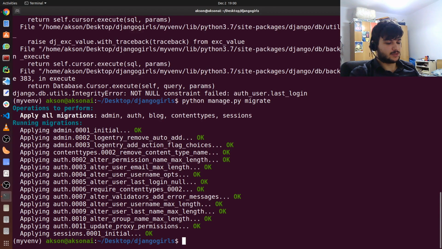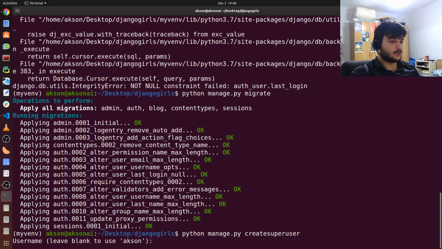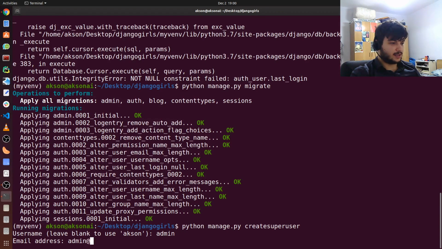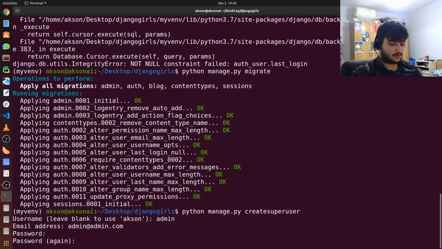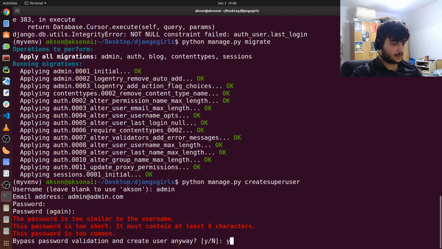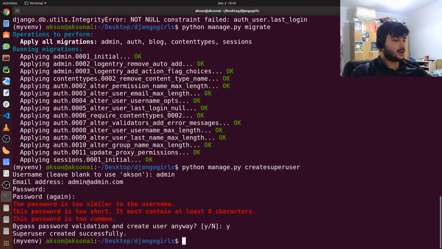So again, just type in python manage.py createsuperuser. I'm just going to give the username admin and the email admin@admin.com. This is an email address that doesn't exist, at least as far as I know. A simple password. Okay. Yes. Okay, so now we have created the superuser, and we can continue